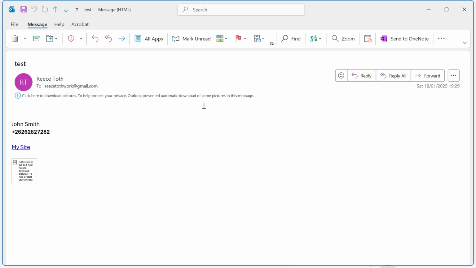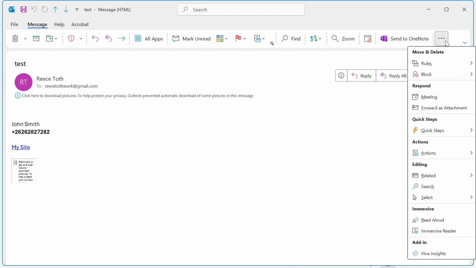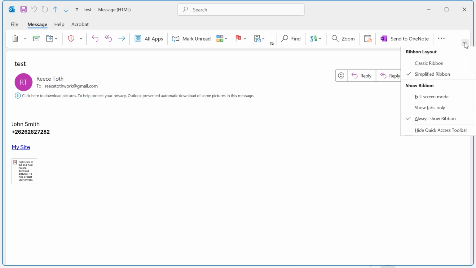Now make sure to double-click on this so it opens in a new window like this. So from here, make sure you have Message selected in the top navigation, and then you can click on these three horizontal dots and you should see Actions. Now if you don't see Actions here, then what you can do instead is click on this drop-down arrow and